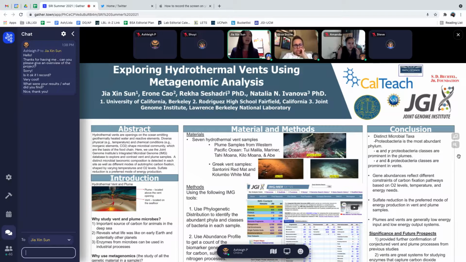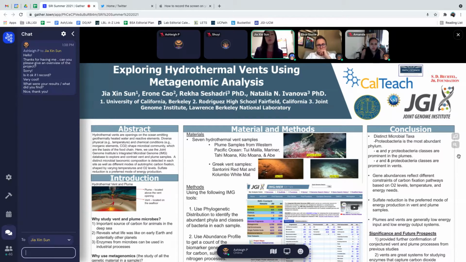When we use metagenomics, we just collect the material, and we don't need to cultivate it in a lab, which makes it very convenient and also slightly more unbiased. Genomics is also a very fast and inexpensive process. The data we get from the analysis are stored in easily accessible databases, and one of those is the Integrated Microbial Genome Database, or IMG. For my project, I used IMG to compare 7 hydrothermal vent samples to answer the question of